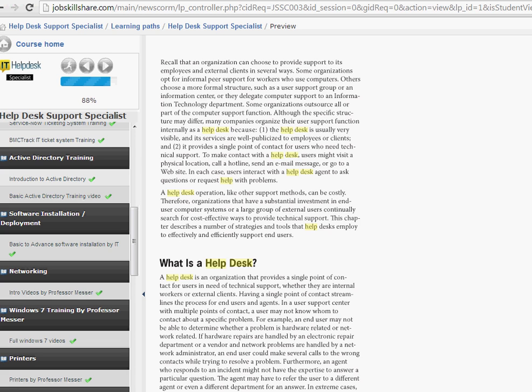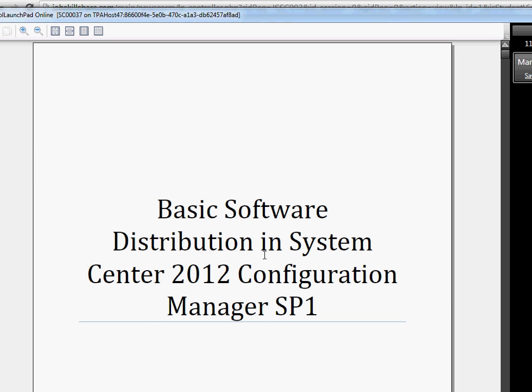Somebody will walk you through the client installation on your PC, and then you can do a lot of stuff from this one right here, which is basic software distribution in System Center 2012 Configuration Manager SP1. This is what we're going to talk about today. Most of the companies have 2007, and they're getting updated to 2012. So I'm going to go through some basic